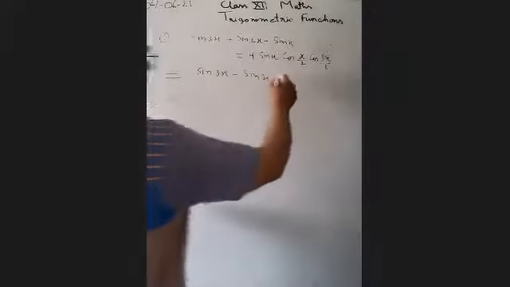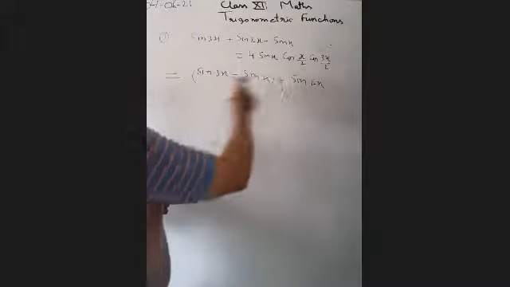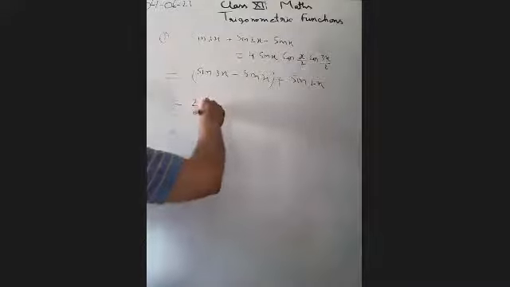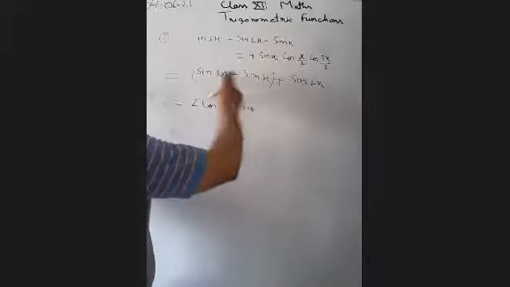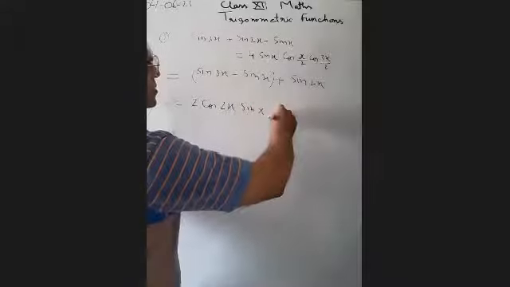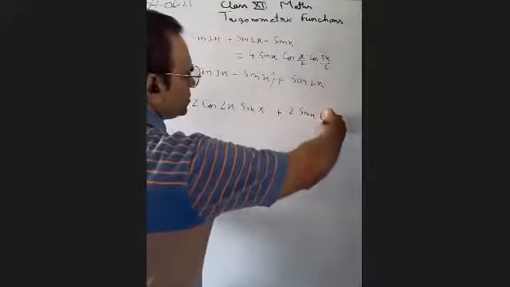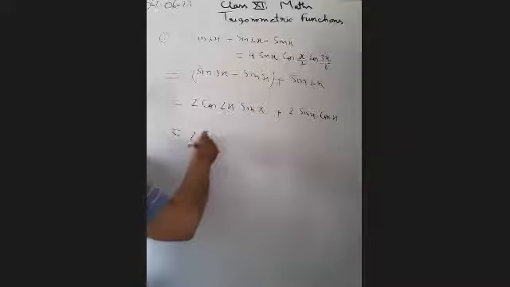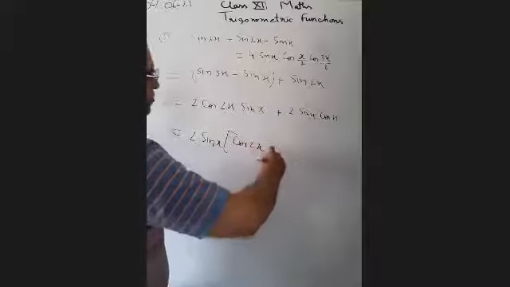Actually, first we are applying in this way. We are taking these two terms. We are applying the formula sin c minus sin d here. It will be equal to 2 cos 4x divided by 2, 2x, into sin of 3x minus x, 2x divided by 2, we will get x here. Sin 2x we can write as 2 sin x cos x. Okay. So 2 sin x we can get common. 2 sin x we are getting common here. The remainder will be cos 2x plus cos x.